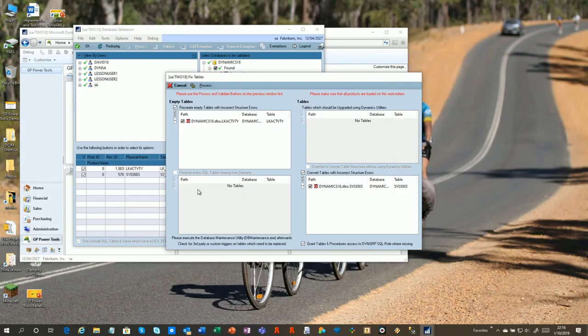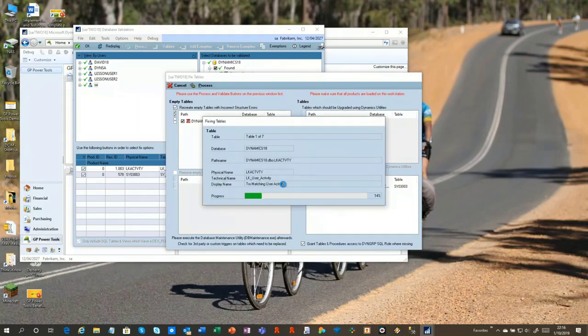And the other one is, if I ask it, I can actually see empty tables that are missing from Dexterity. So if I used to have Project Accounting installed, but I've uninstalled it, any of the empty tables for Project Accounting could show up in this list, and I can actually remove them. If they've got data in, they won't show up in the list because we don't want to lose data. But you can use this to clean up products that have been installed but never used. So if I hit process,